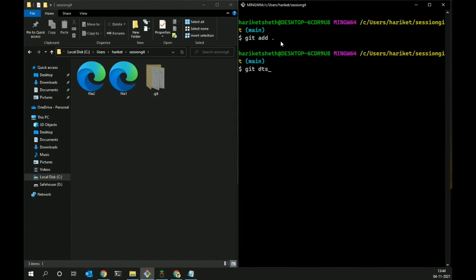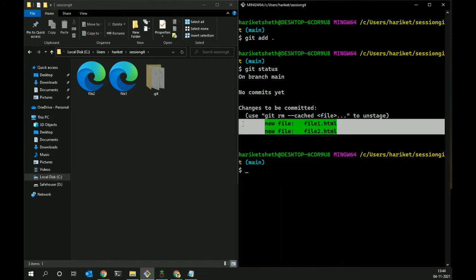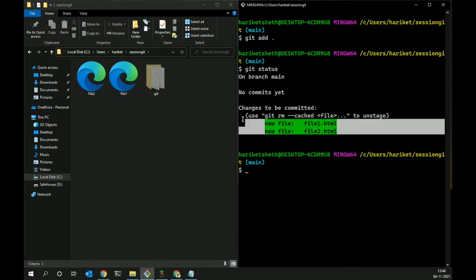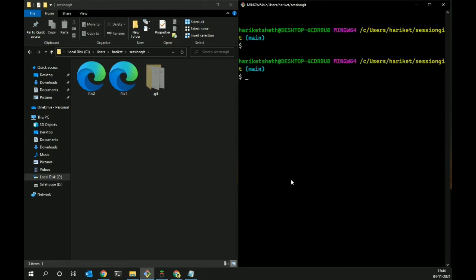Now if you do git status, you can check what happened. Did it actually bring them to the staging area? You can verify that. Yes, it did. Before, if you go back in the video and check, it was mentioned in red and you could see untracked. Now it has changed to green and you can see changes to be committed, which means they are not committed but they are in the staging area. So you can now be assured that these two files are in the staging area.